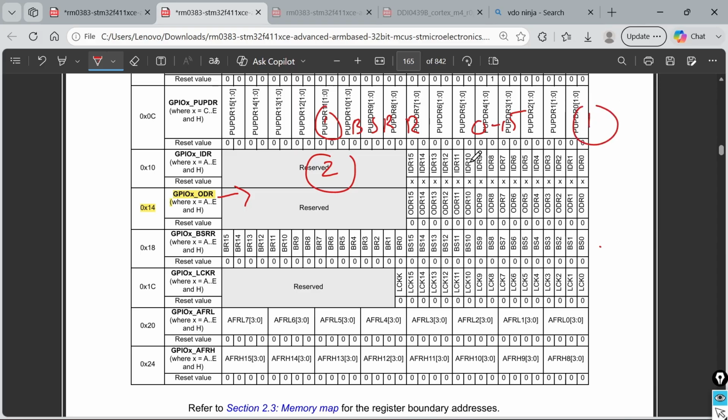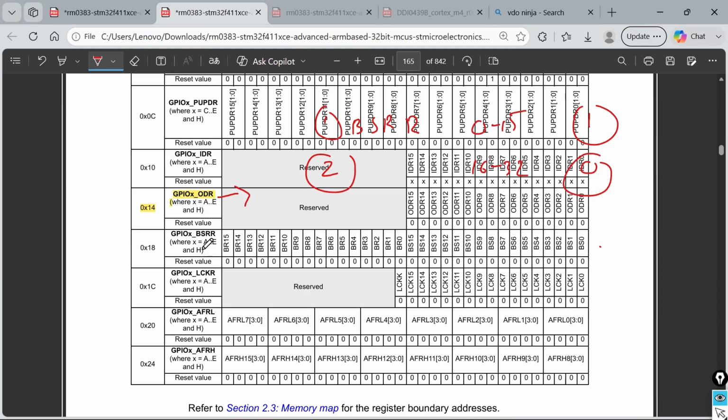But in the bit set reset register, if you write anything from 16 to 31, it will be registered as 0. For example, say I have to write 0 in the 13th bit corresponding to ODR.